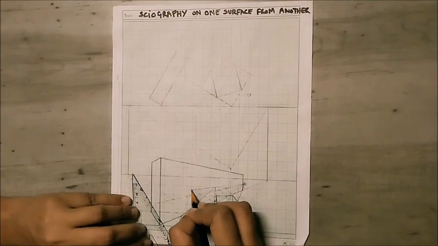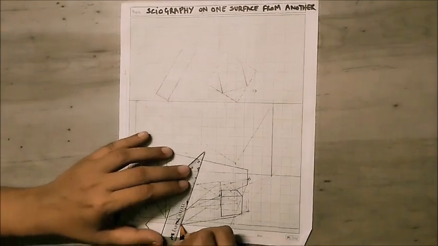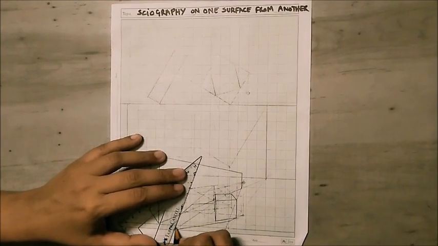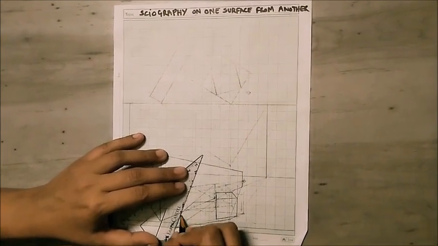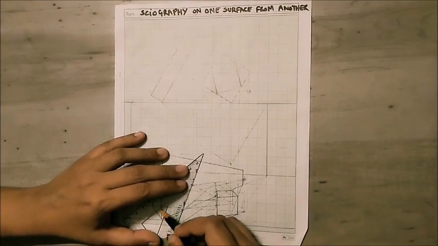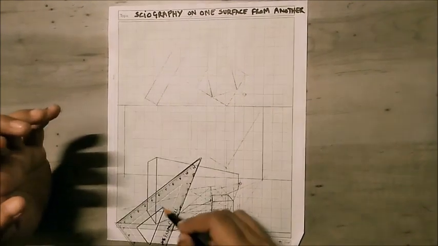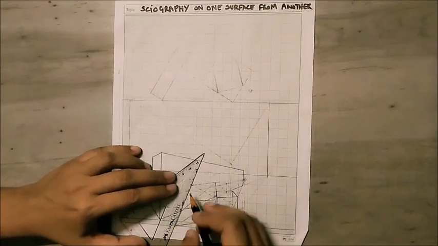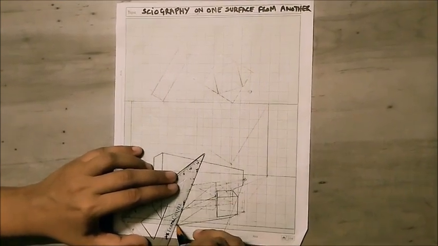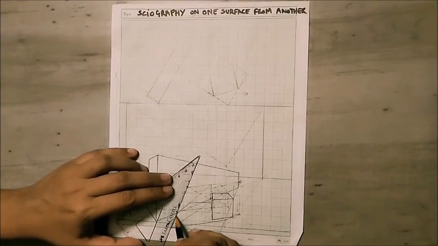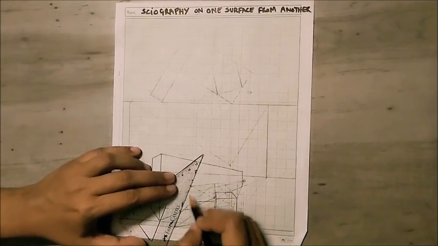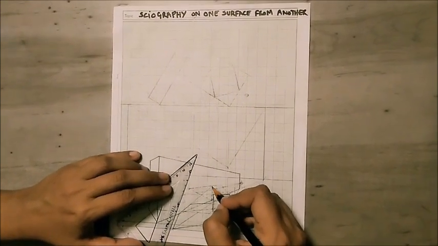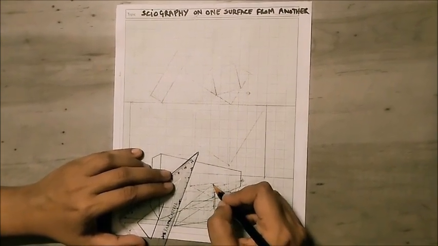Why do I have to take this point? So that I can meet these two points, so that I can get this line. Because this is not a parallel surface to this object's vanishing point. This is at 45 degree. So I have to again take care what will be the direction of the psiography. So for meeting this point to this point, I have to take this point, by extending this plane to the wall.